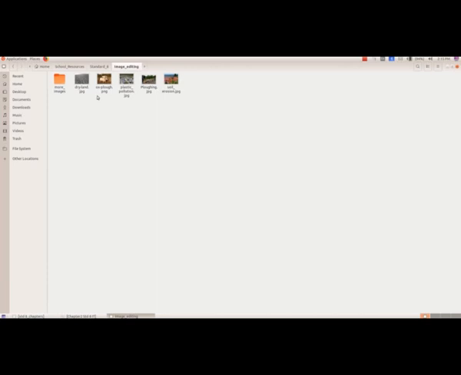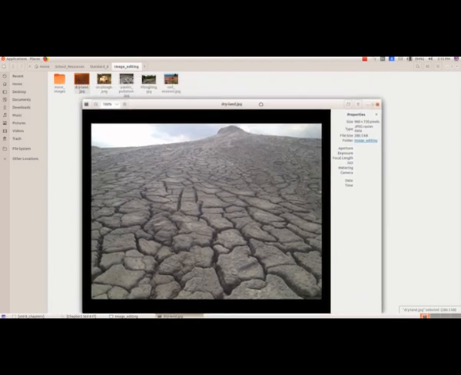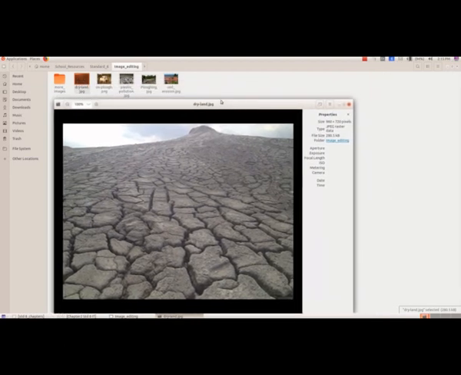And how can we open this picture? We can double click and we can open this picture, and here we got the name of the picture. It is dry_land.jpg. I have told you the extension of a picture file will be jpg, and here we have png, or it can be jpeg, tiff.